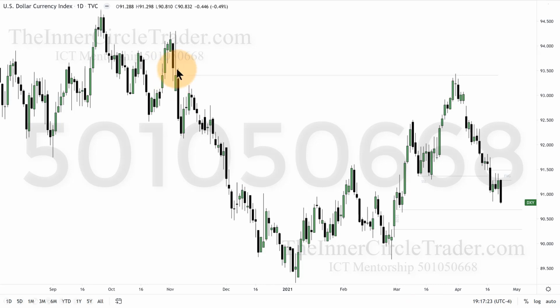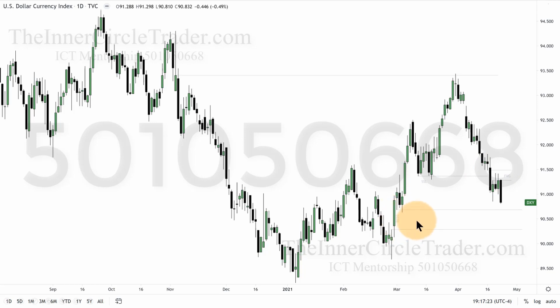The old volume imbalance turn fair value gap acted as resistance, as we would expect. We targeted the sell side liquidity pool here. We did get that. In Wednesday's commentary, I said that we were accumulating in here. Accumulating what? Short positions to, again, make an attempt to get down below here and inside this buy side imbalance,